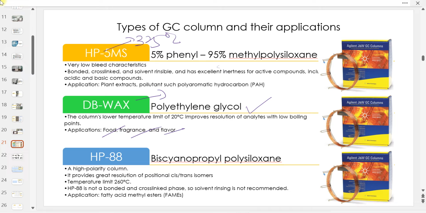Kemudian contohlah you dah run DB wax, you want to analyze fatty acid, you use DB wax column. Betul. But you would never find or differentiate whether it is trans or cis fatty acid. Kalau you nak looking for cis or trans fatty acid, you pergi ke HP88 column. Cuma tengok HP88 column ni pun limit temperature dia lah 260 degrees Celsius only. Tak terlalu tinggi lah. So that's why saya cakap kalau you nak cari yang cis and trans, you boleh pergi ke HP88. So this one is very specific